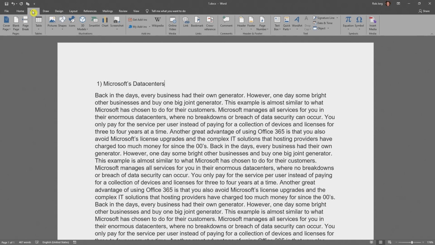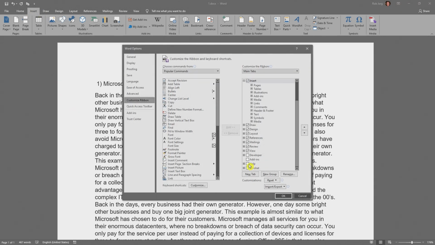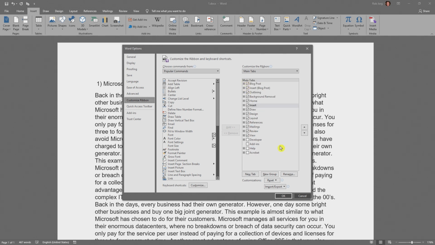If you want to clean this up and have your own tab with your own options, you can right mouse click, customize group, and you can say, for example, I want a new tab with a new group. And in that group I can say I want to have cut and I want to have paste because I use them a lot. And I want, I don't know, font color, and I want to have bullet list.